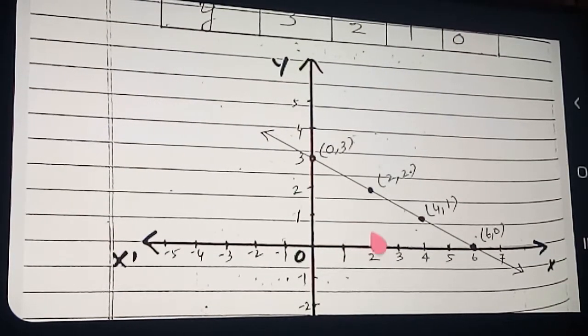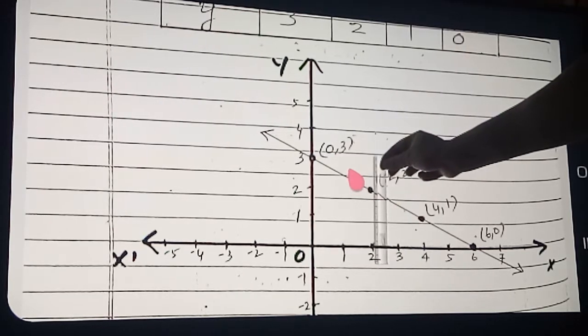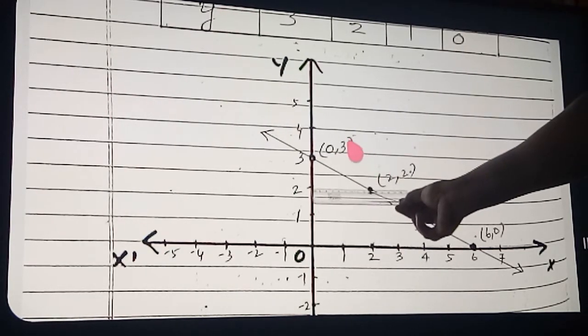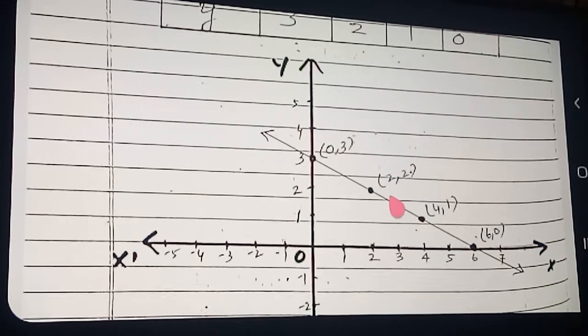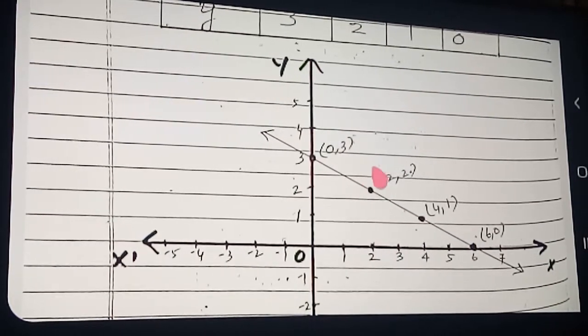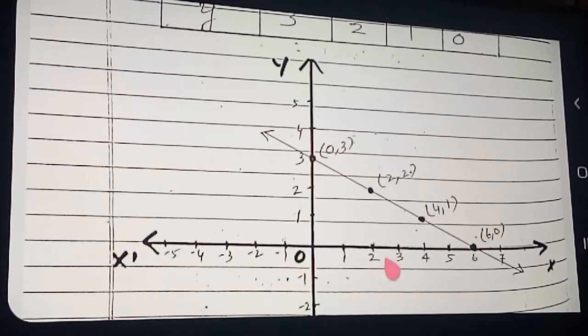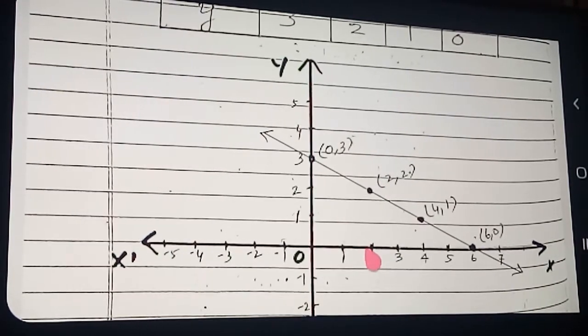See here, you can keep a scale here. I will show you how to keep the scale. Here, see, you keep the scale in this way. In this way you keep the scale. Keep the scale in such a way. So corresponding to that, which ordered pair is coming? (2, 2). Okay, ordered pair (2, 2) is coming. Clear? So corresponding to x 2, y 2.